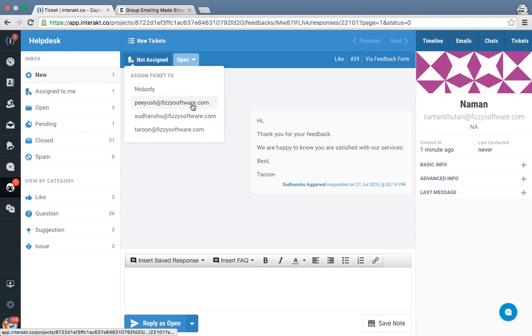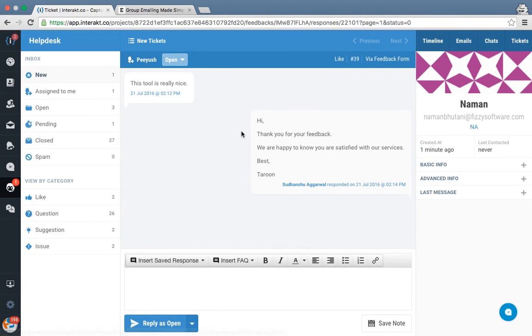Now, if I want to assign this ticket to anyone in the team, for example, I want to assign this ticket to Piyush, I'll assign it to Piyush from here itself. Or else I want to add some notes. This guy has some cool feedback. I can just hit save. So whatever information you want to save, you can save it right here. Whoever this ticket is assigned to will be able to see these notes. So in future, if they have any communications on this particular ticket, they'll be able to scroll to the information.